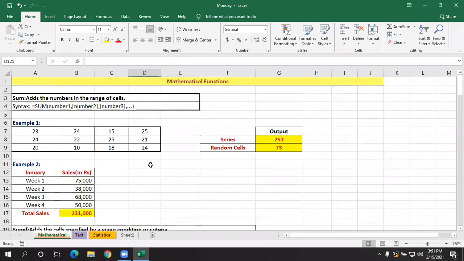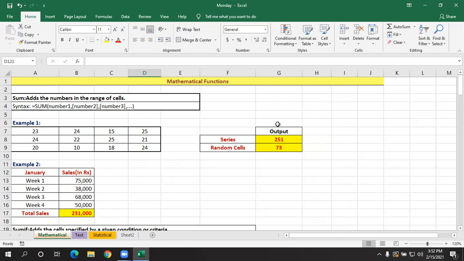Now, whoever is in the chat, you can let me know if you have any doubts. So far we have done sum, SUMIF, SUMIFS, mod, fact, pi, power, product, round, trunk, ceiling, floor, INT, and ABS functions.